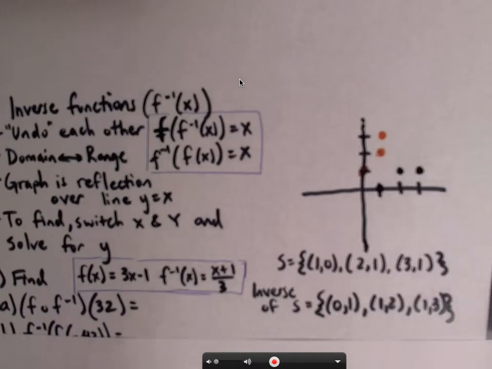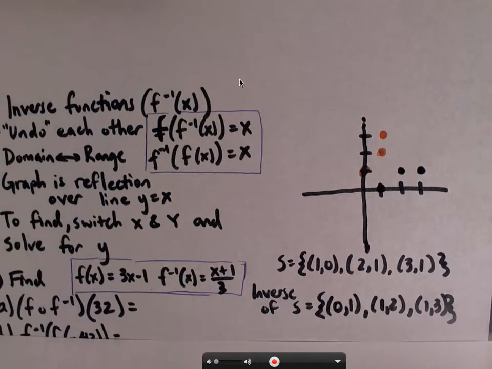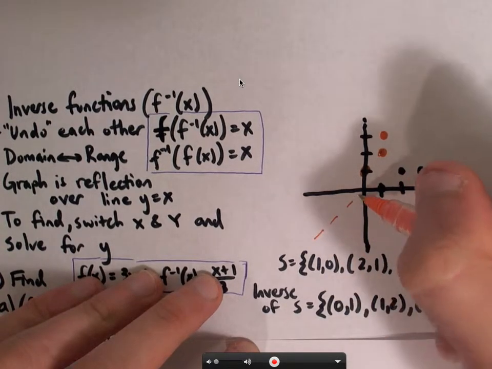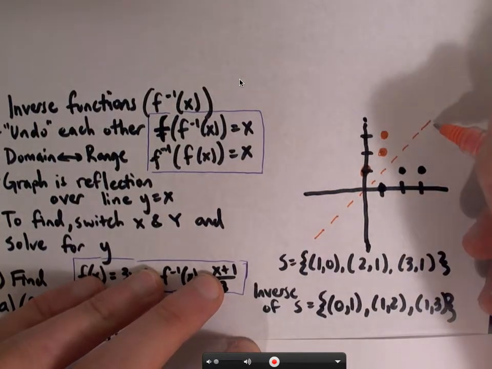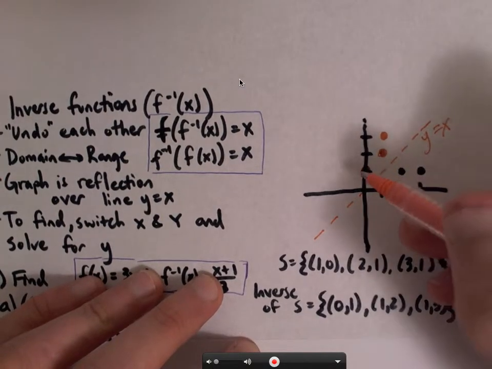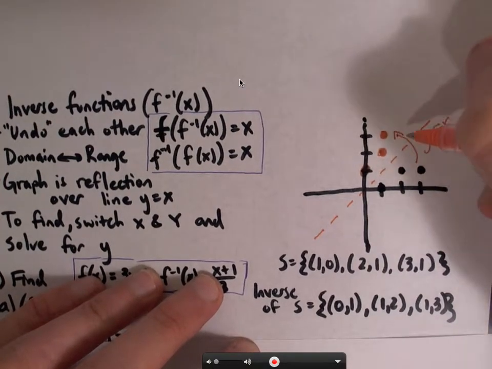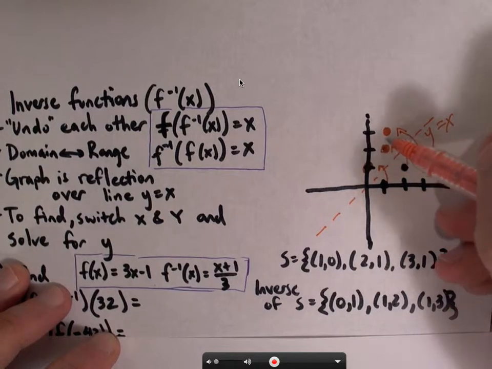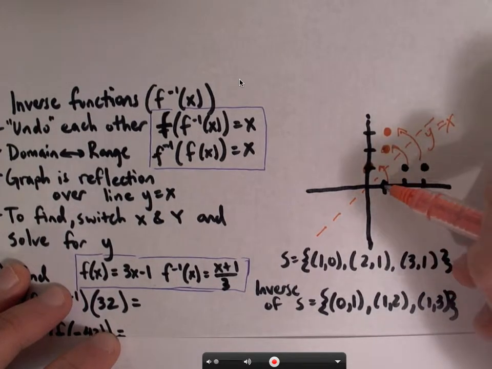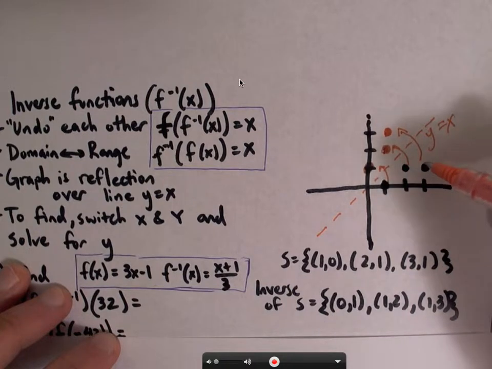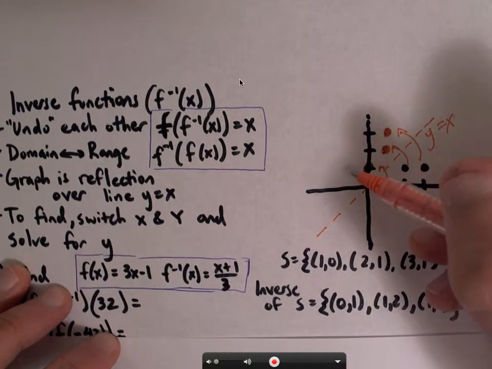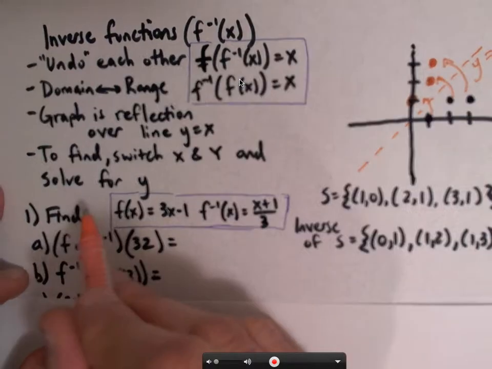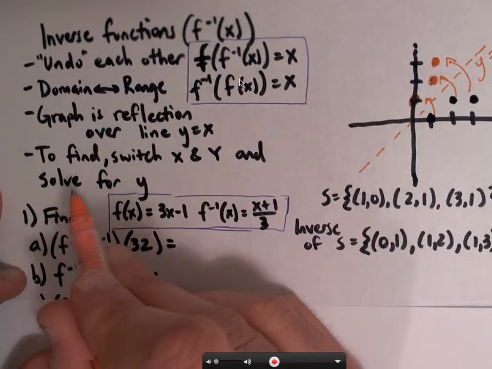All right, so you can kind of see here that these end up being a reflection of each other over the line y equals x. This is the line y equals x. Every time you have a function and its inverse, you're just going to reflect those points across this line to get your inverse. Now, another key thing you can see here is that the orange relation fails the vertical line test. One input gives you 2 outputs. So just because the original is a function, the inverse may or may not be a function. In this case, it is not a function. Finally, to find the inverse, you're just going to switch x and y and solve for y,